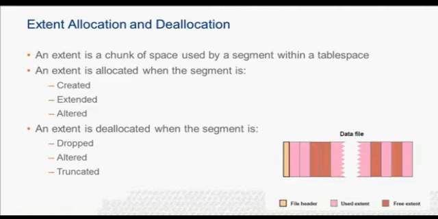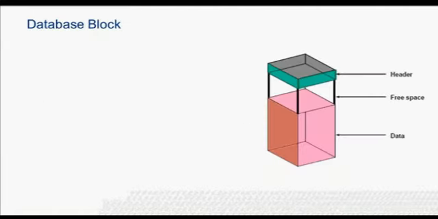In general, the extents of a segment do not return to the tablespace until we drop the schema object whose data is stored in the segment. When extents are freed, Oracle modifies the bitmap in the data file or updates the data dictionary to reflect the regained extent as available space. Any data in the blocks of freed extents becomes inaccessible. So extents are deallocated when segments are dropped, altered, or truncated.